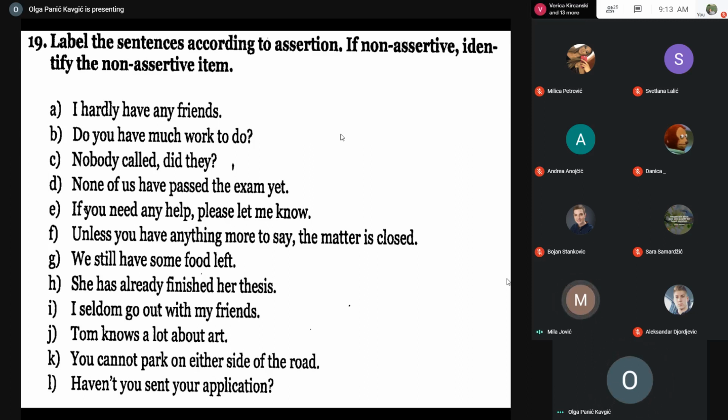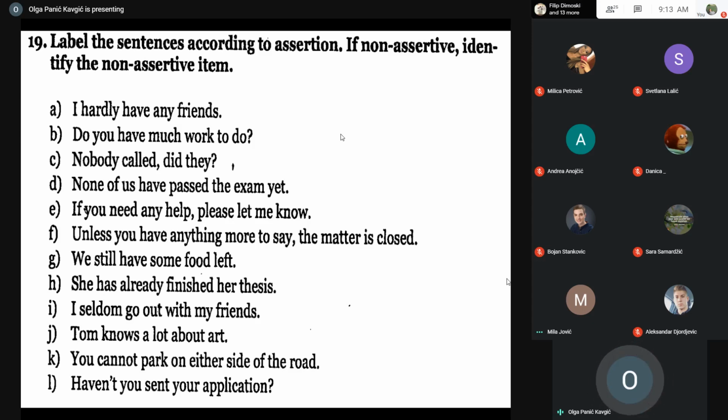Well, do you? That marks that it's an interrogative. Do, very good. So just circle do, because this is the operator that here actually enables this interrogative form. So do, and there is one. Much. Much, very good. Because in the positive declarative form, in the assertive form, you would say, I have a lot of work to do, and then it would turn into much. It is its non-assertive counterpart.